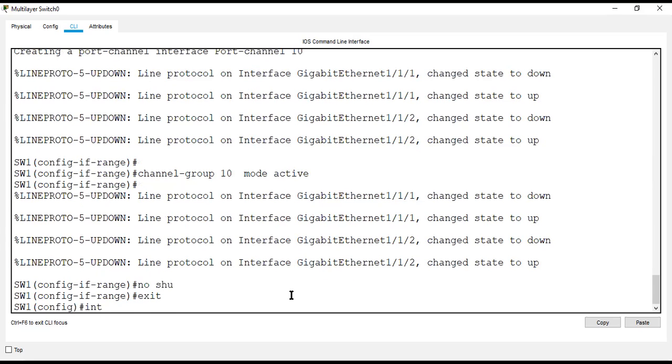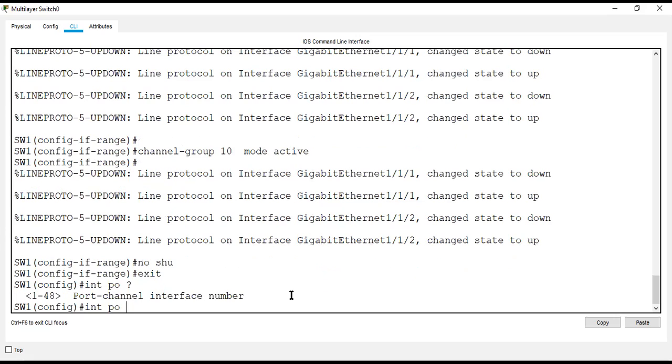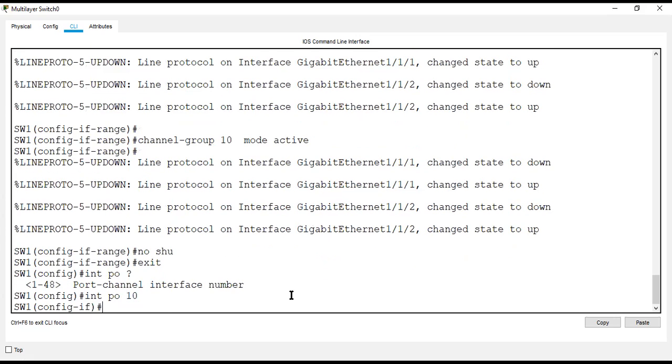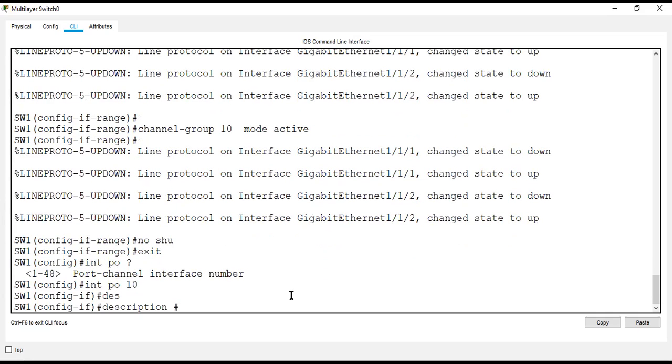Then we go to interface port-channel, then the port channel number which we configured, 10. Then we can put a description: port channel 10, or generally we mention connected to G1/1 and 2 to switch 2.